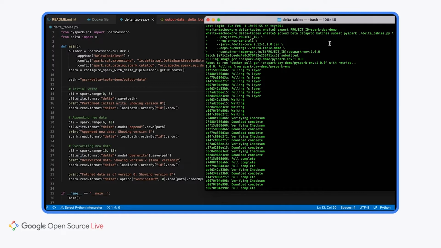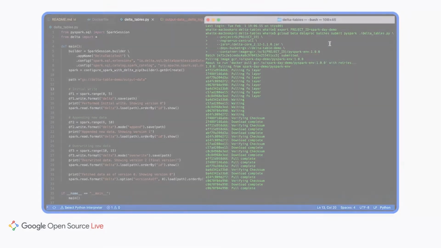So once again, this is how we ran our PySpark code that leverages Delta table functionalities. It's a very straightforward command, and once again, we run it without having to create any cluster, without having to manage any cluster. And now that we're done, there's no cleanup to be performed. We're basically done with the code. So that's it for the demo. And now my colleague Nikhil will talk to you more about Apache Iceberg.